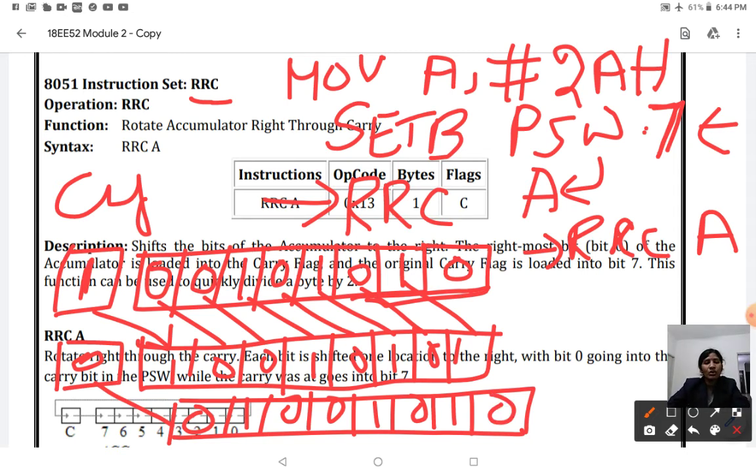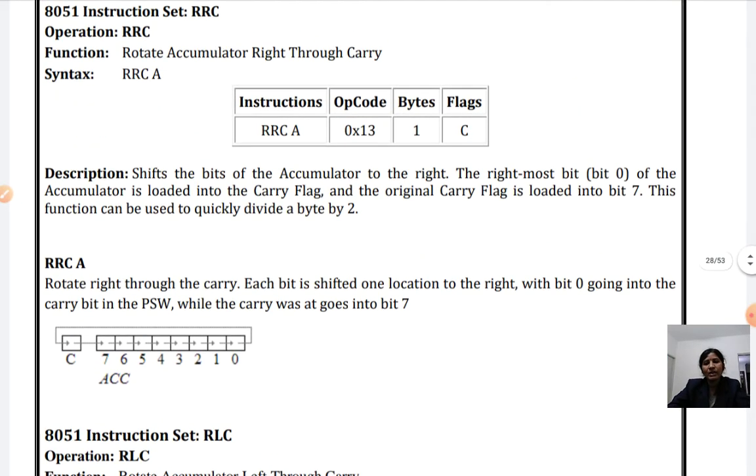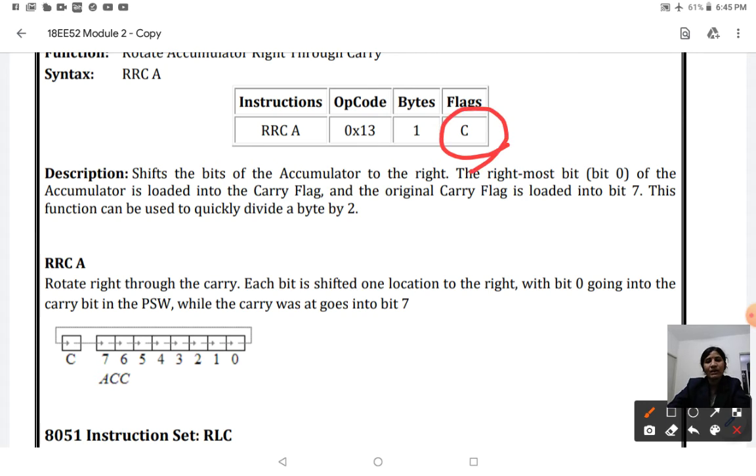So this is how it goes on, for however many times you want to rotate the accumulator content with carry. Finally, after this, no more rotate instruction, this will be the final value available in your accumulator. It is nothing but 4A. 4A is going to be the answer. This is how rotate right accumulator content works with carry. Which flag will be affected? Here the carry flag is going to get affected, because you are rotating the content of the accumulator with carry. Clear?